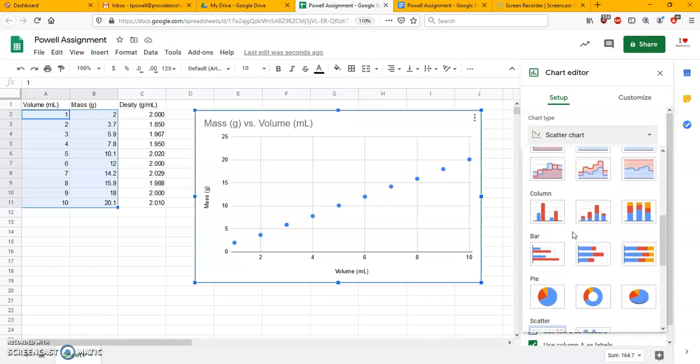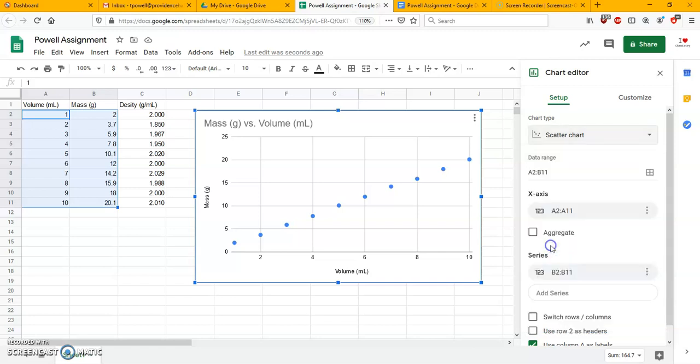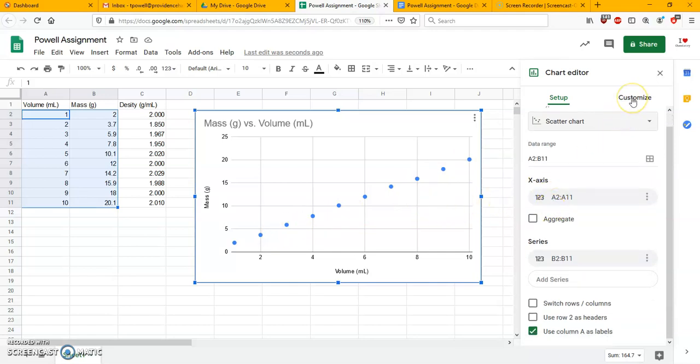Bar graphs are for when you are comparing data, and scatter plots are used in order to see if there's a relationship between the dots. So I want to see if my density is really the slope of my line. So I'm going to push scatter plot right here, and it gives me these dots that are already on the graph. Then I can go over here to Customize,